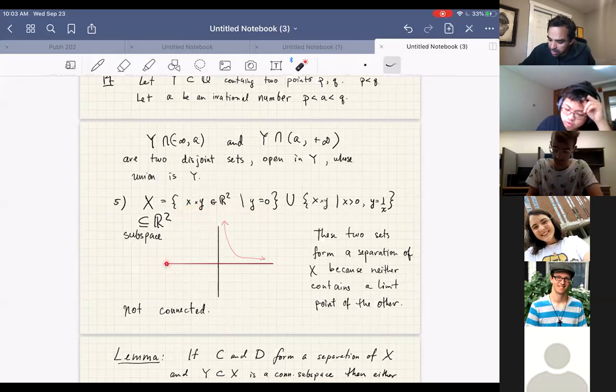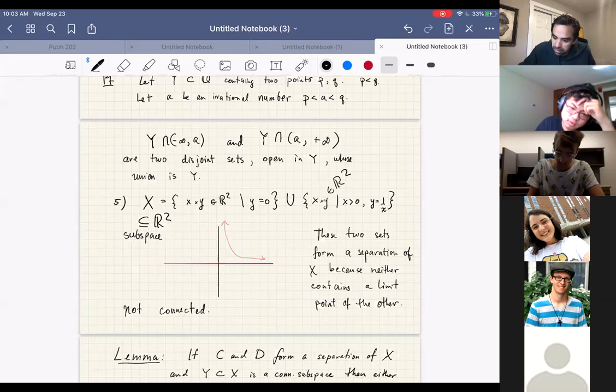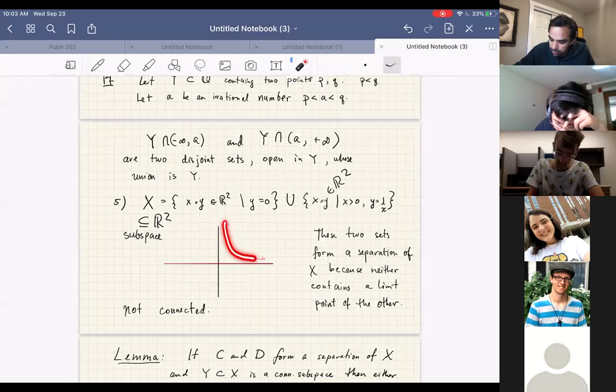So that's just the x-axis together with all the points in the plane x cross y such that x is positive and y equals 1 over x. So that looks like this pink set here of points in the plane, right? So I claim that the space consisting of this union,